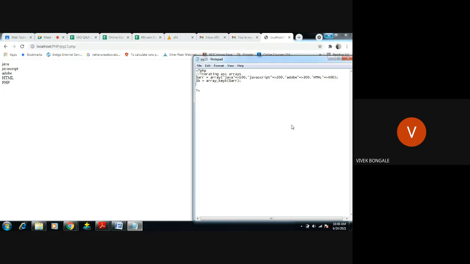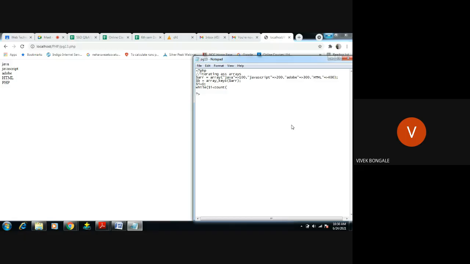Right. So I'm using the while loop. So $I equals 0, then while condition, while $I less than count.